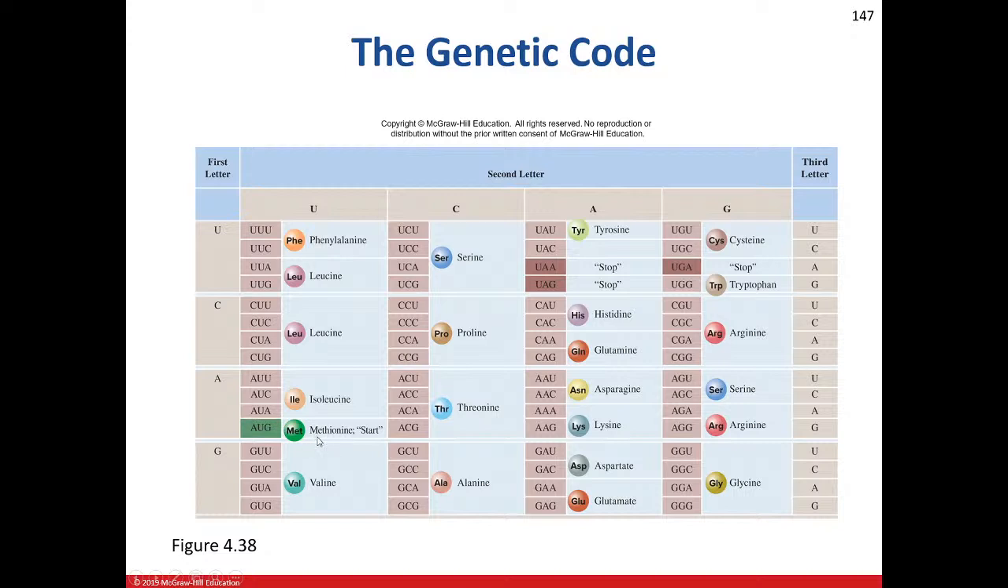All right. Let's say you had UUU. That codes for the amino acid phenylalanine. Let's say you had UUA. That codes for the amino acid leucine. All right. And so you can see how we can use this. Each of these three-letter combinations is a codon, and this chart is telling you which codons code for which amino